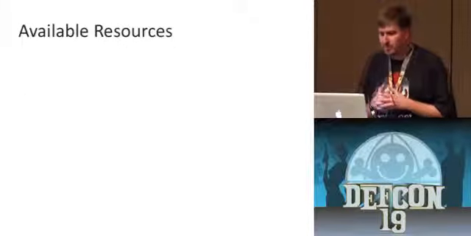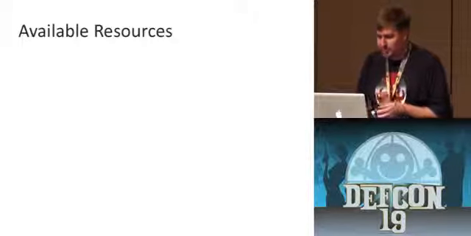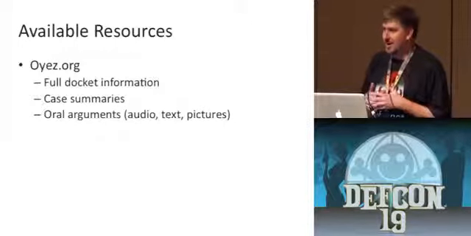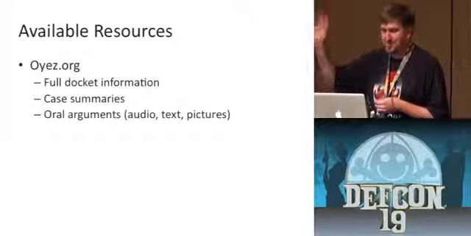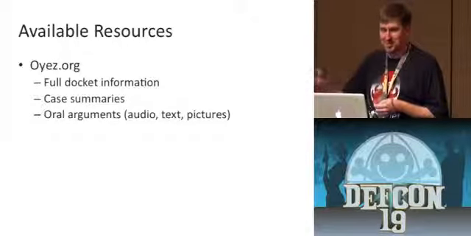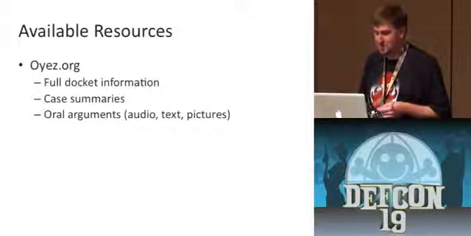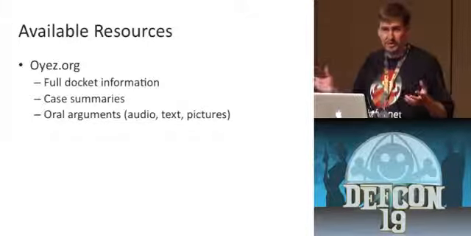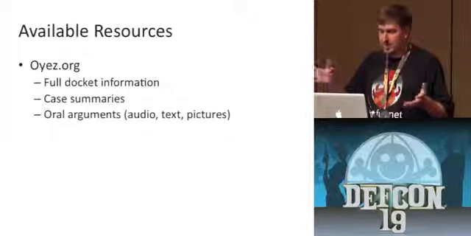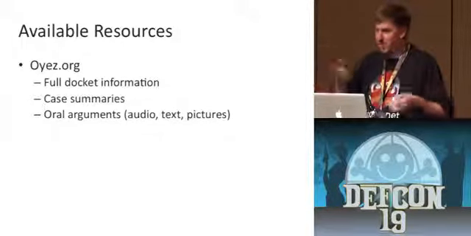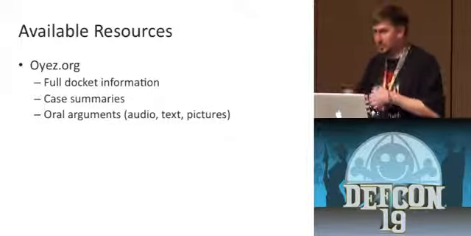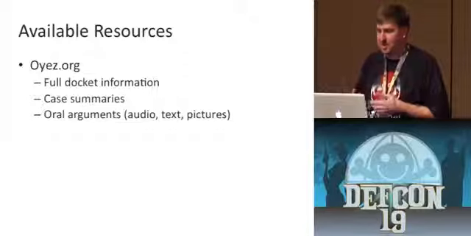So there are a couple of resources that are available to us. And the best and my favorite is a website called oyez.org. Oyez is what the bailiff cries out when summoning people to come and listen to the Supreme Court oral arguments. And you can get complete information about the Supreme Court docket since we've had a Supreme Court. So from day one all the way up, you can read about all of the different cases, who were the justices, who were the advocates, a little summary of them.